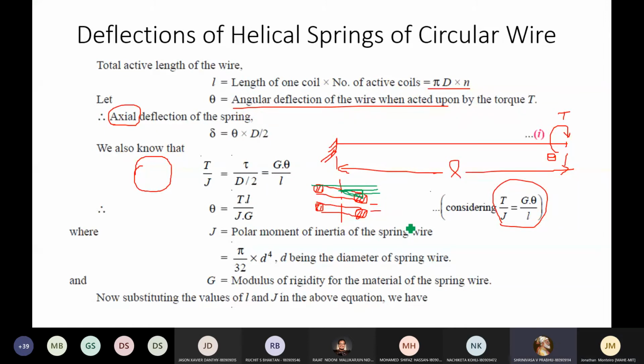That inclination of that slant line from the horizontal is theta. Sir, I sent the photo that Srinivasa sent on the group in the chat. You can see it. Chart. Okay. Yeah.